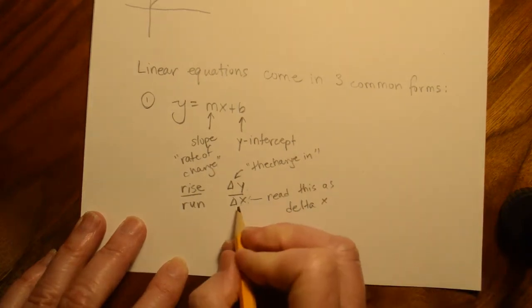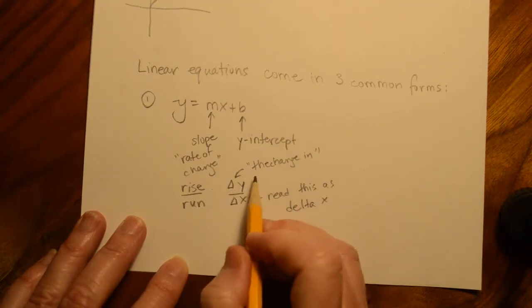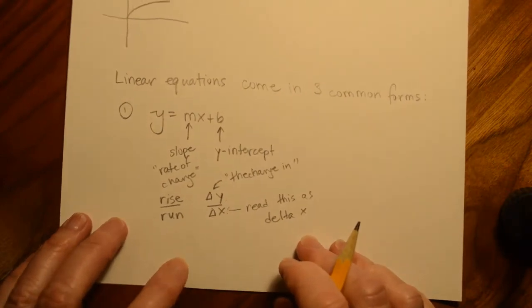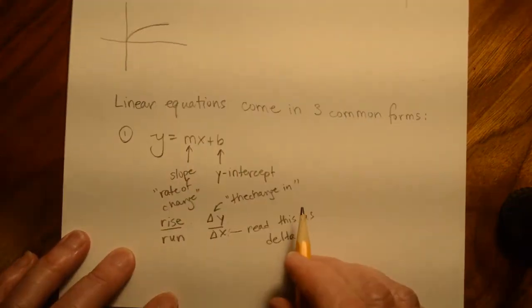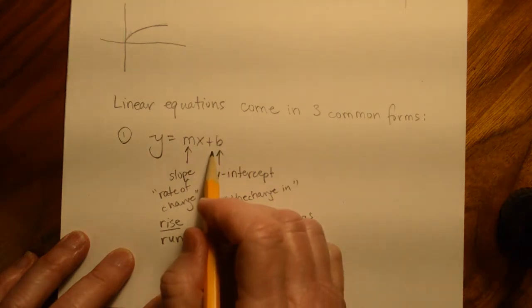You don't read it "triangle x." You would either read it as delta x or the change in x. Either of those would be acceptable. Okay, this is the one that we've practiced with most often because this is super nice for when you're trying